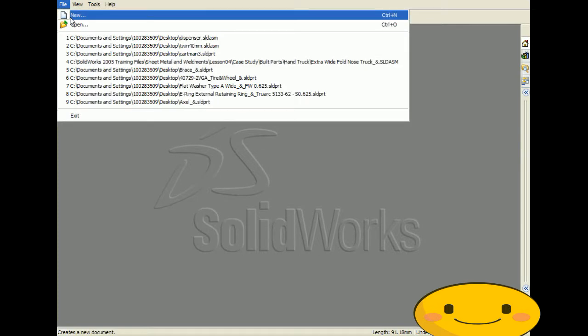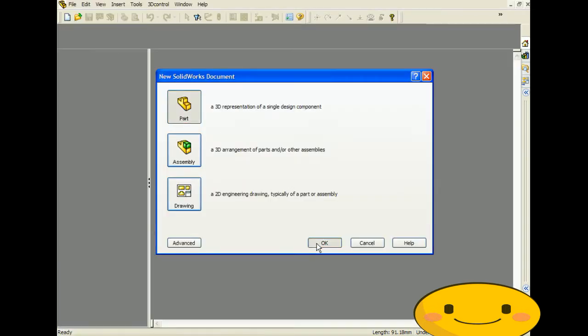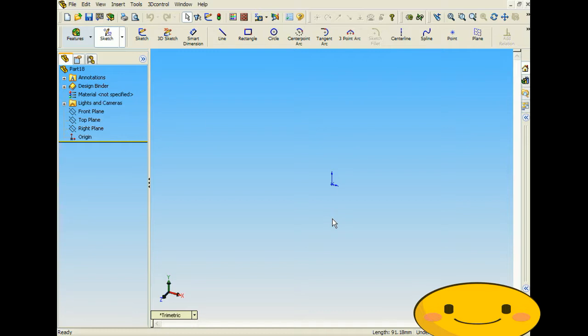Let's click File, click New, click Part, click OK. Now what we're going to be doing in this tutorial is using the copy sketch feature, and what that does is whatever sketch you already have, if it's really hard, really intricate to make, you're able just to make a straight copy of it and move it around on that sketch wherever you want it to